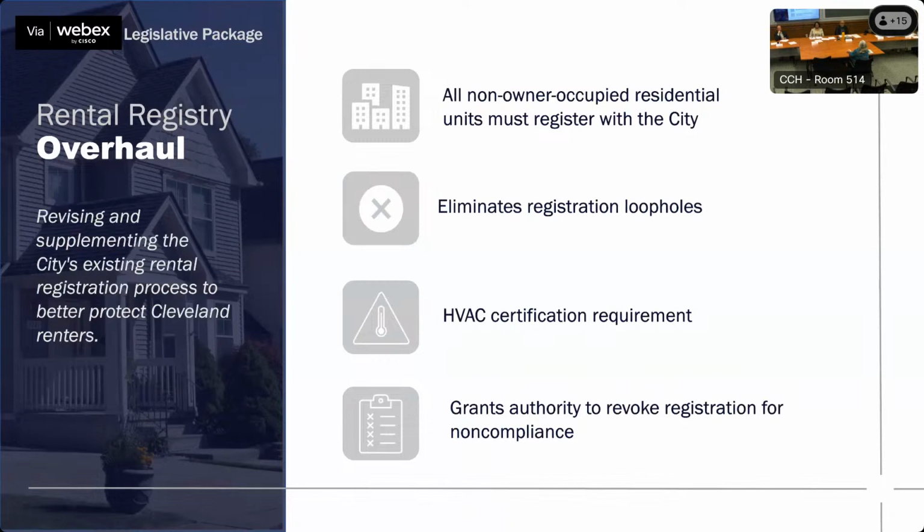So it's a little bit different. Currently what we find is a lot of loopholes are found and people are getting exemptions from rental registration when they shouldn't because of the way the existing legislation is written. The other piece, for larger buildings, 4 or more unit rental properties, we're demanding an HVAC certification every year when